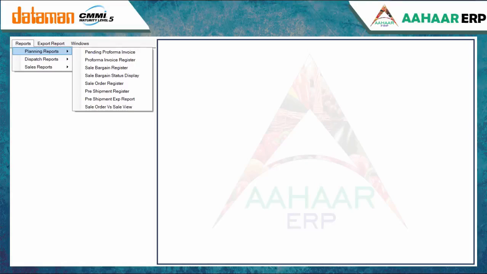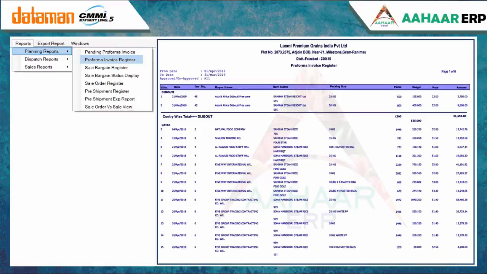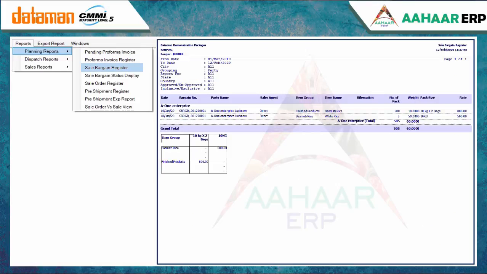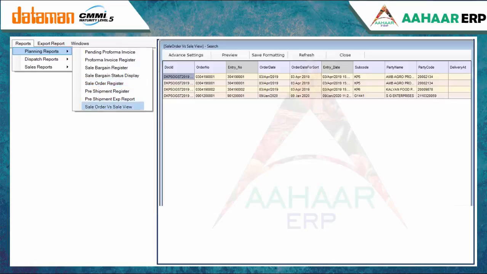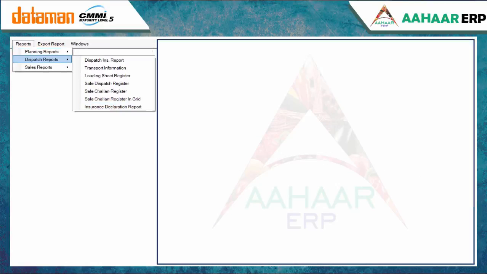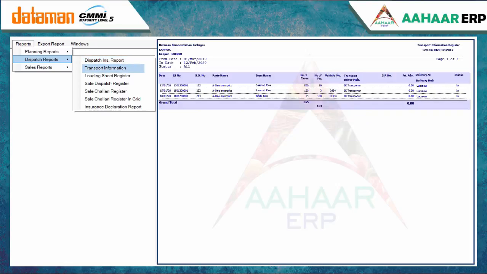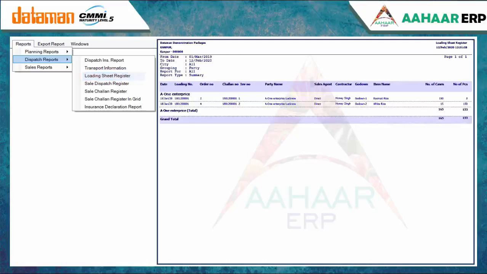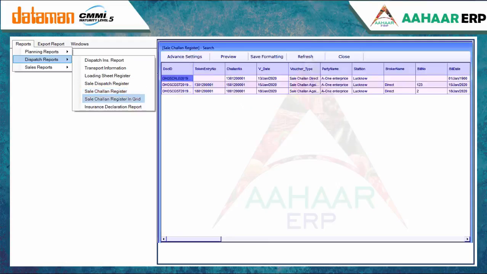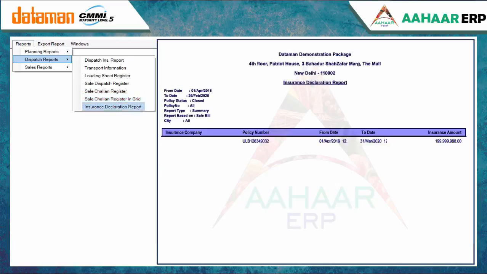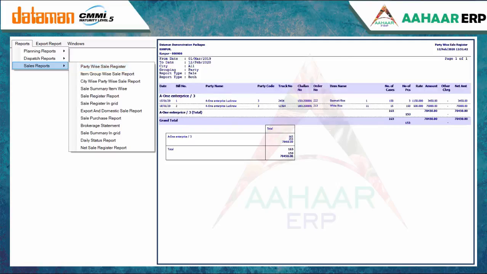You can see and print these reports: planning report, pending pro forma invoice register, sale bargain register, sale bargain status display, sale order register, sale order versus sale view, dispatch report, dispatch ins report, transport information, loading sheet register, sale dispatch register, sale challan register, sale challan register in grid, insurance declaration report, sales report, party-wise sale register, item group-wise